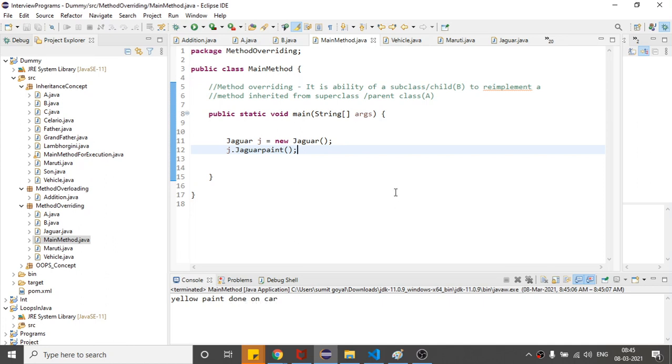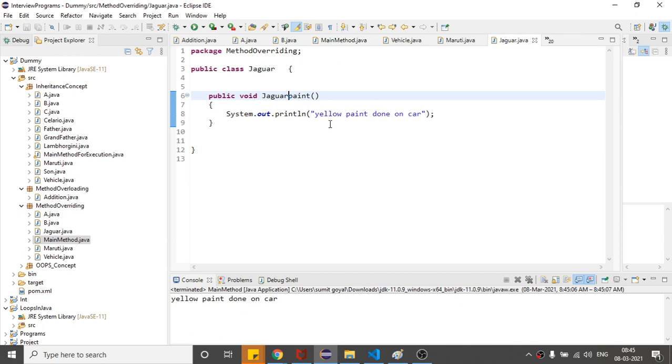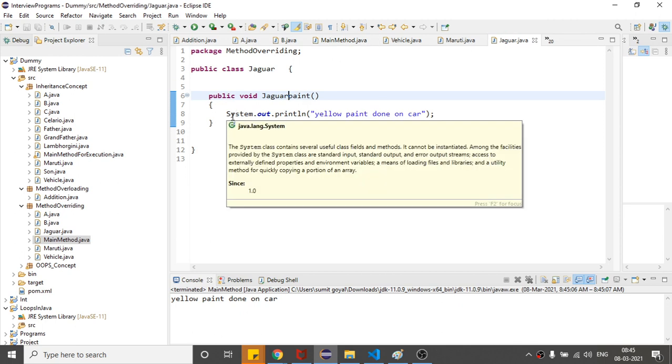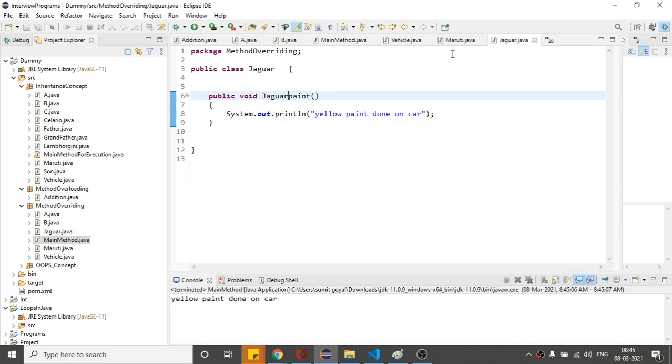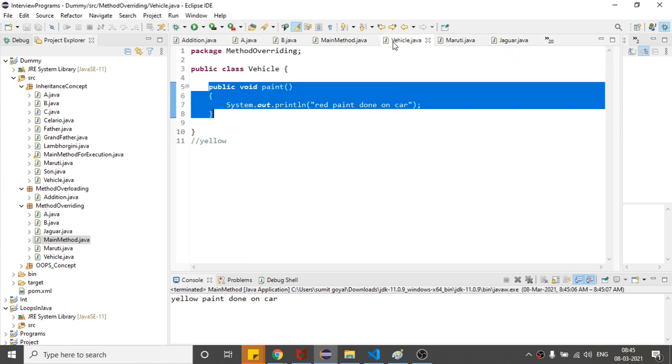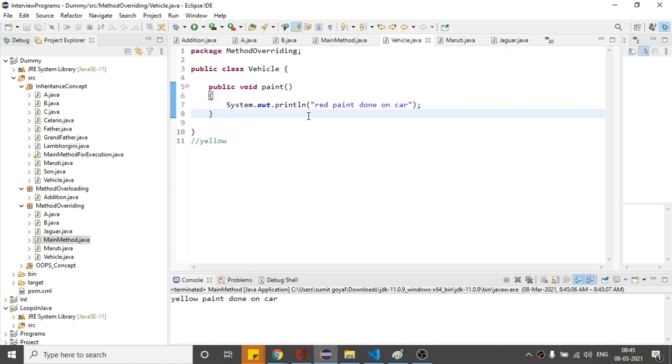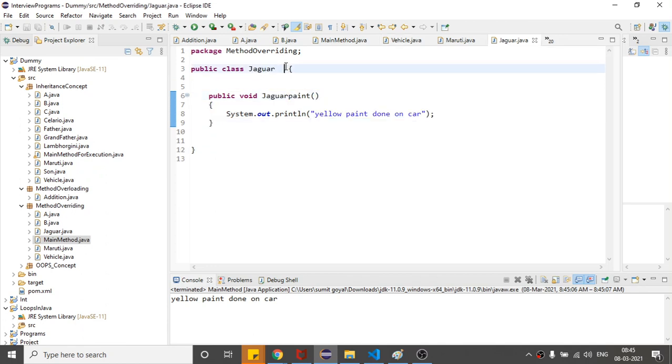But here, why are we creating the method again, right? Because if I can somehow use the method which is present in the Vehicle class to paint my car yellow, this is how I can do it: I can use extends Vehicle.